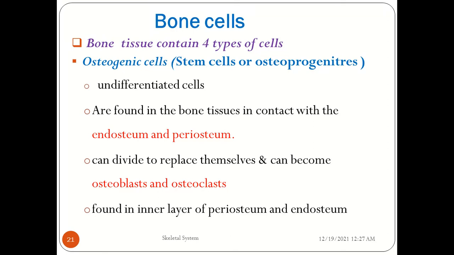So osteogenic cells are undifferentiated cells. They are found in the bone tissues in contact with the endosteum and periosteum, in the inner layer and outer layer. They can divide to replace themselves and can become